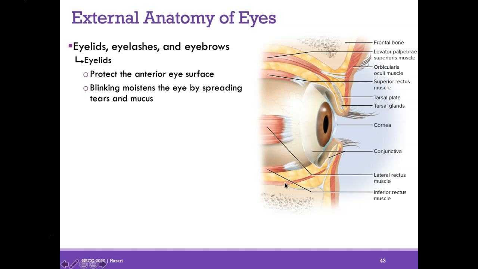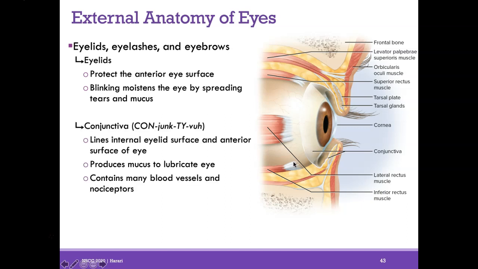Outside of the eye, we have some accessory anatomy to talk about. So the eyelids protect the anterior surface of the eye, and they help us blink. And what blinking does is it helps spread tears and mucus. So as we blink, the secretions from the lacrimal gland, which are tears, are able to be spread as we